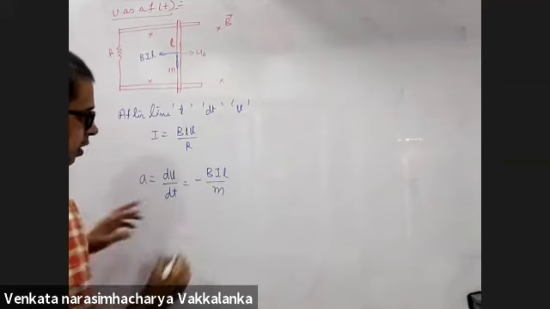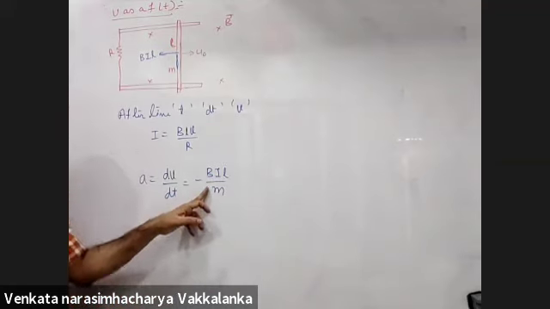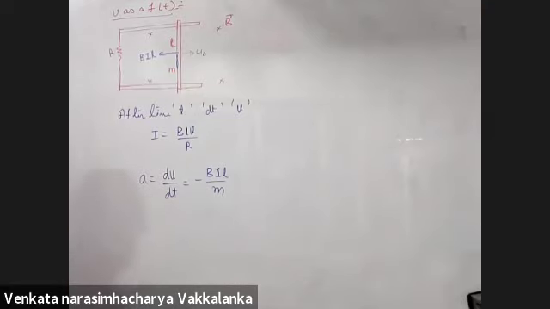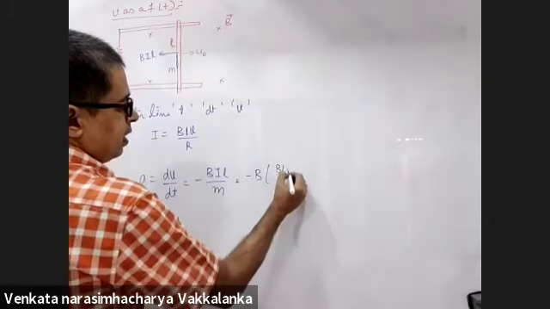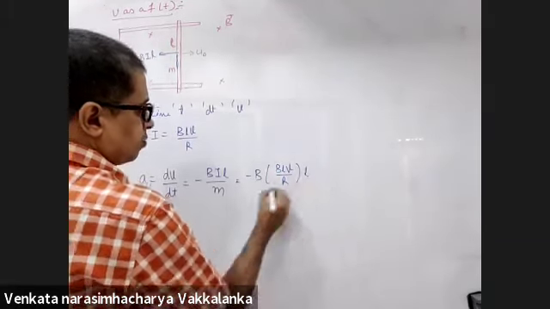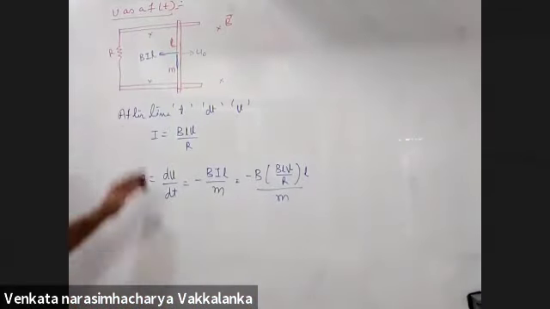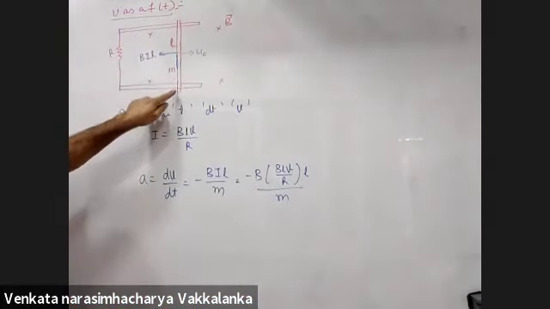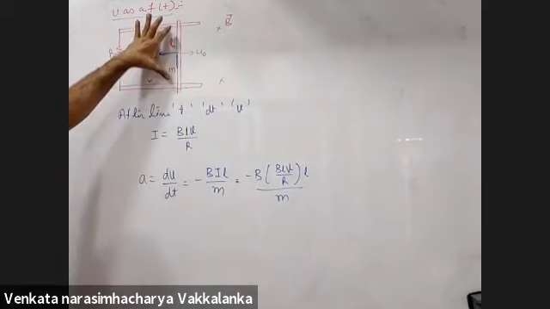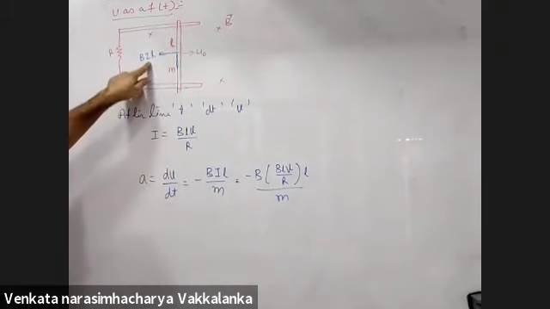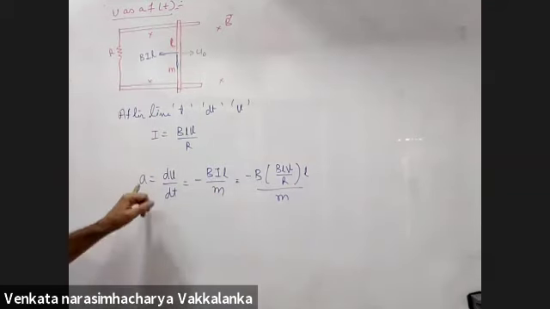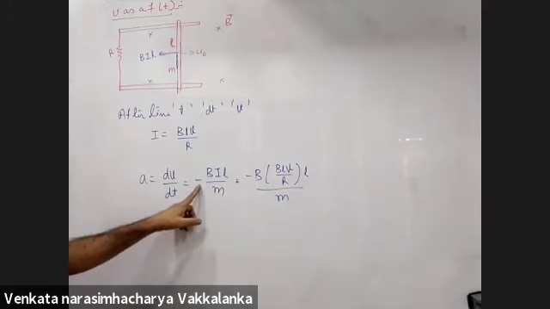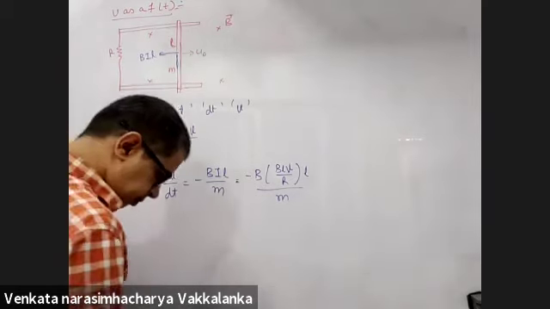BIL by M. What is the force on it? BIL divided by mass of the rod is the acceleration. And how much is this current? It will be BLv by R. See if all of you are convinced here. The current in this will be BLv by R, motional EMF divided by R. Because of the current, there is a BIL. BIL will be slowing it down. So BIL by M is the deceleration, not acceleration. Hence, I put a negative sign. Till here, all of you convinced? Yes, sir.